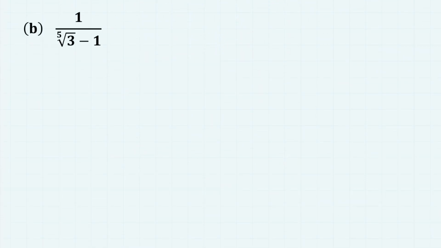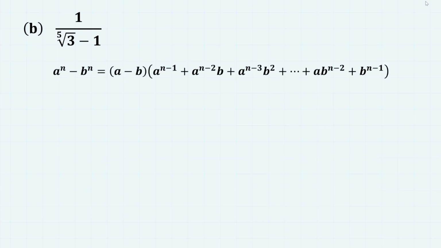Now the second one. Here, let me introduce the general formula first, which is this. This is really easy to obtain, by the way, by realizing that a to the power of n minus b to the power of n always has a factor a minus b, and the simple polynomial division gives this part as a quotient. In our problem, we have 5th root radical, so we are going to use the formula when